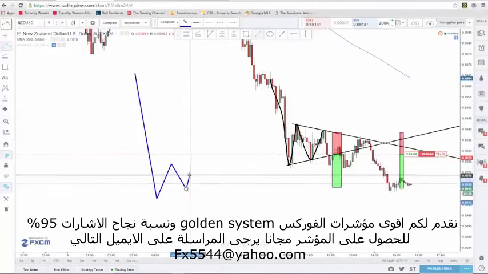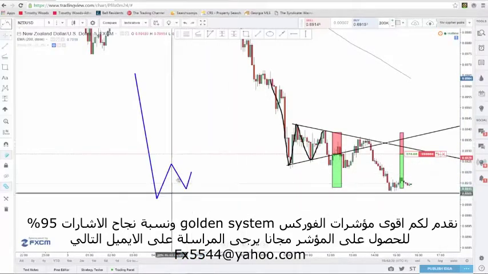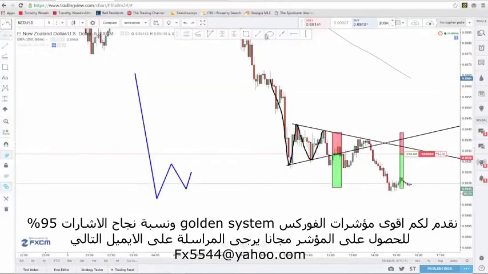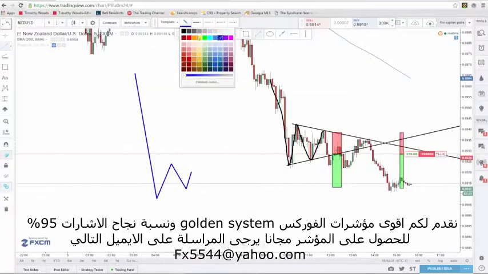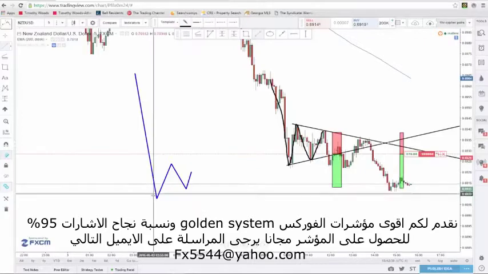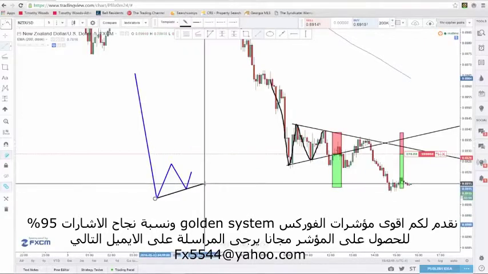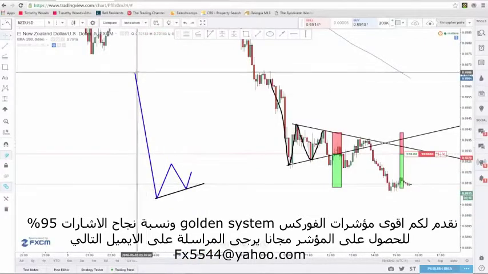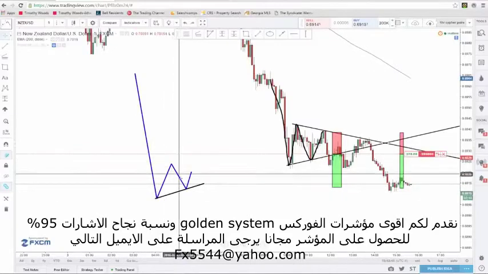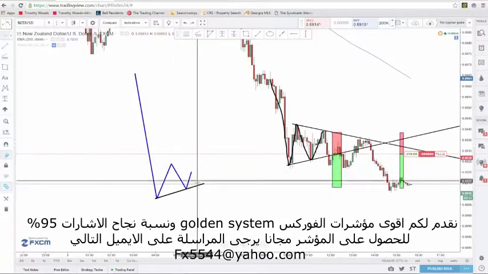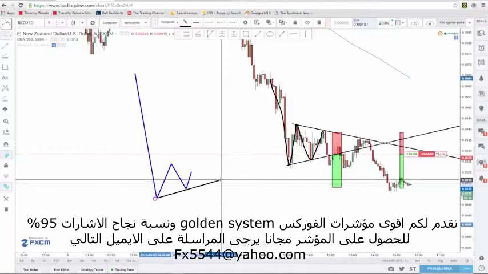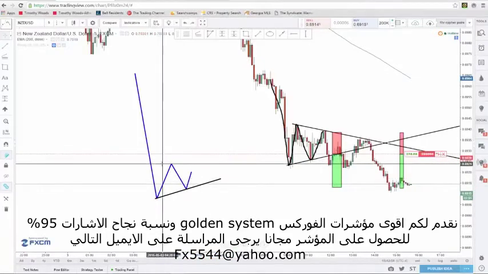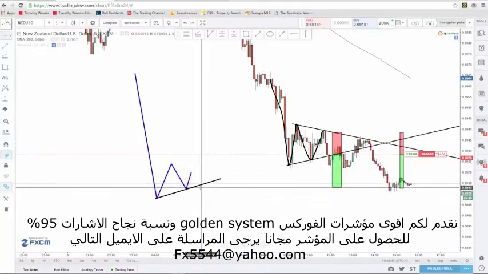At this point right here, I know what I'm looking for. I know that I'm looking for a break below these support levels. Why, you might ask? Because we have just put in an impulsive move down, and this second support level tells me that we are either in a pennant formation or a triangle formation, and either way I want to sell the break of that